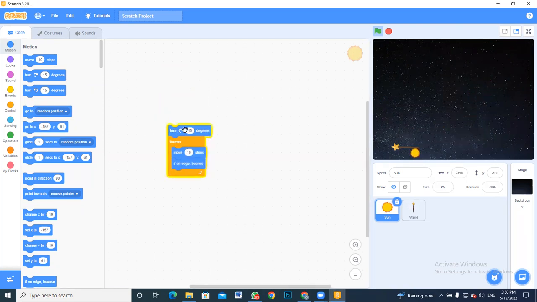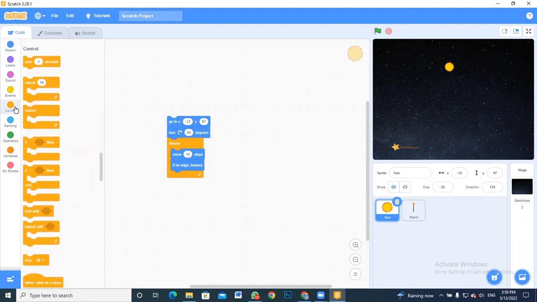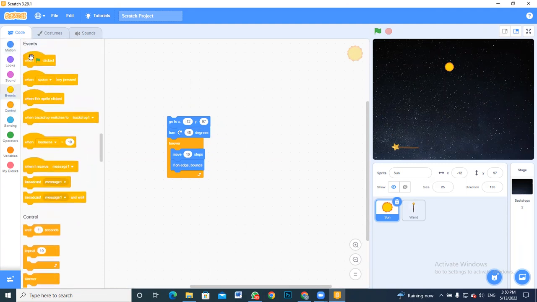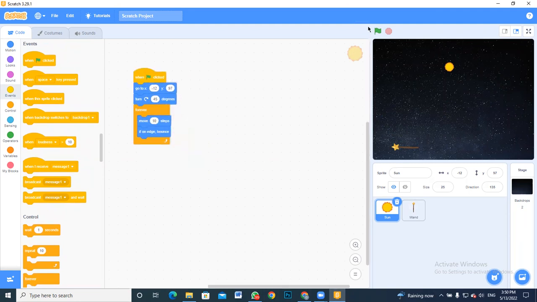So first, let's say that whenever we want the game to start, we want the character to come here and then get dropped. So for that, we are going to select this option here, and also go to the events and add this when flag clicked. So whenever the flag is clicked,